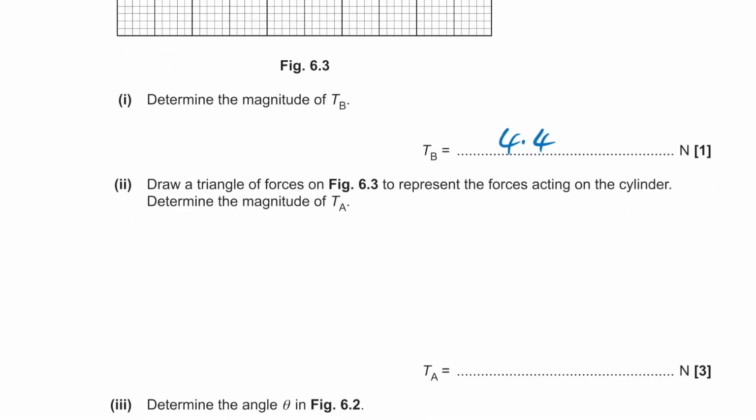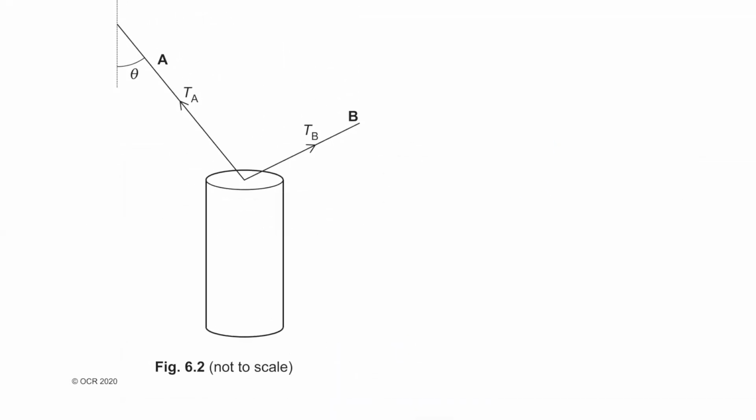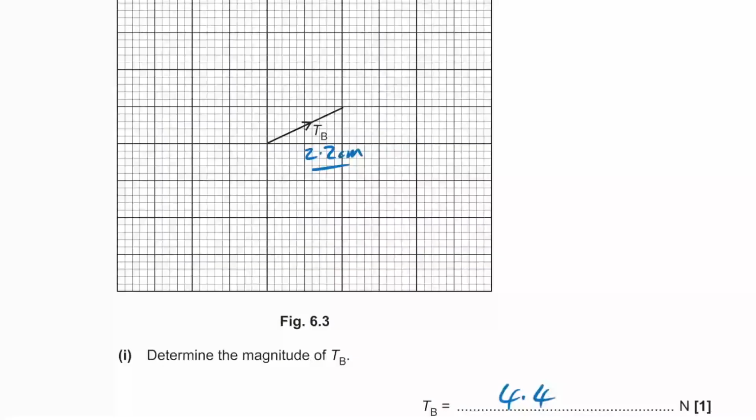Draw a triangle of forces to represent the forces acting on the cylinder. Determine the magnitude of TA. Of course, we know that we must have the weight pulling down. It's going to be 7 newtons. So 7 newtons is equal to 3.5 centimeters. So we're going to be going down to, so 1,